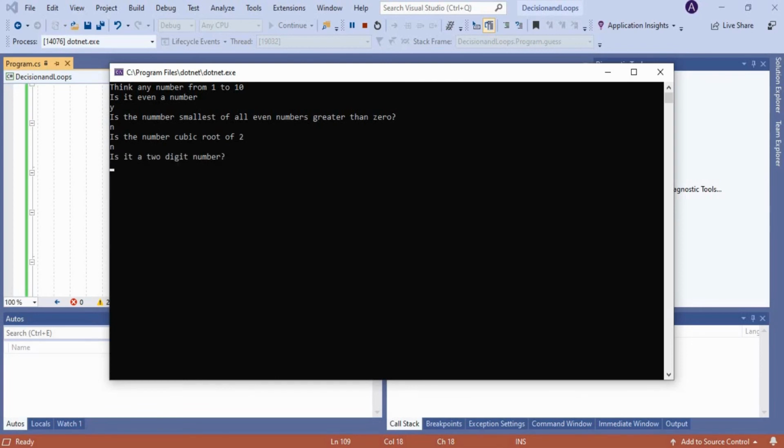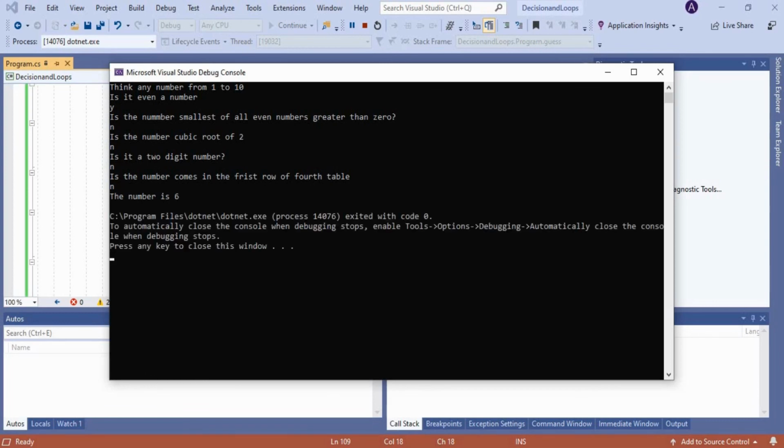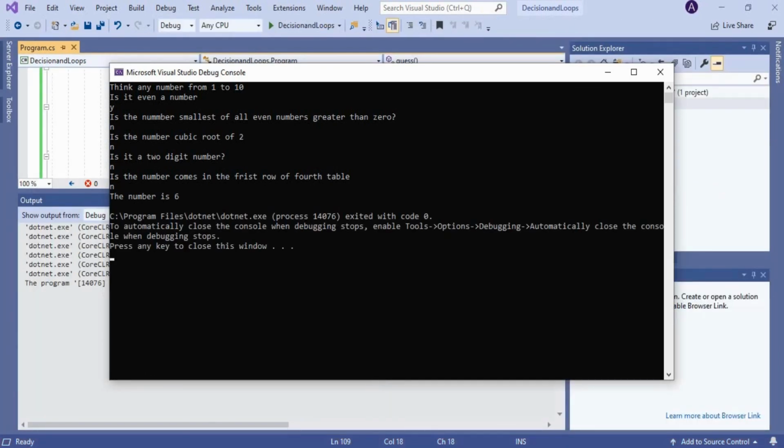No. Is it a 2-digit number? No. Is the number in the first row of the fourth table? Yes. Sorry, no. So we have thought of 6, right? It is not coming in the fourth table, right? So the number is 6. With that our program gets stopped, right? That is, the execution stops here, right?